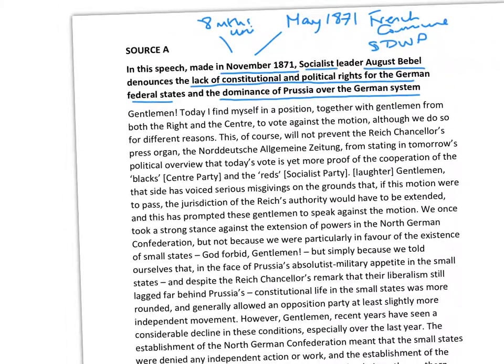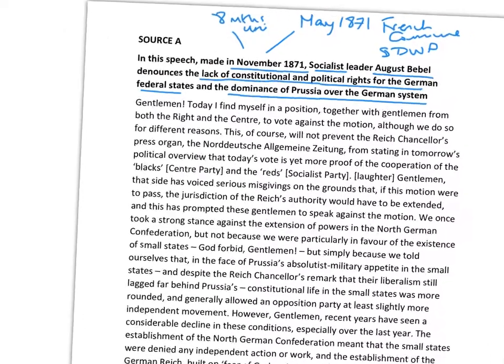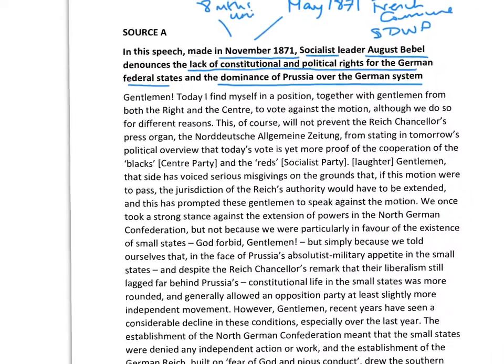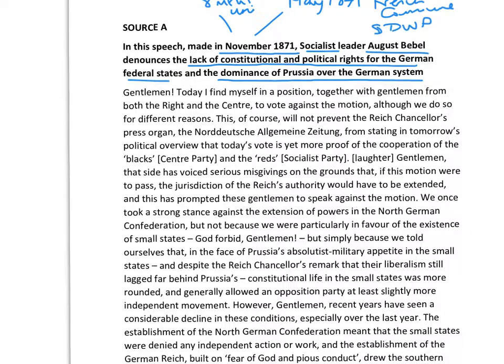Now, inquiry 1 is how far was Germany unified? And remember, you've got to be thinking of evidence for unity, but also a counter-argument that Germany was still divided, okay? So I will use one colour. This is a good technique to use in the exam. I would use one colour. I'm going to use blue for the first inquiry, how far Germany was